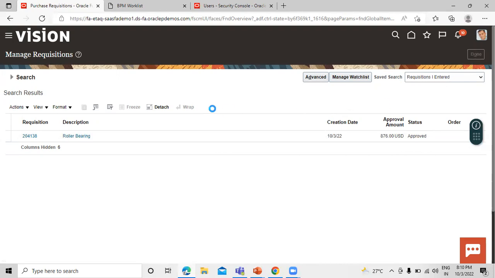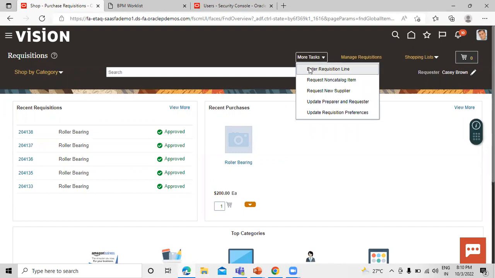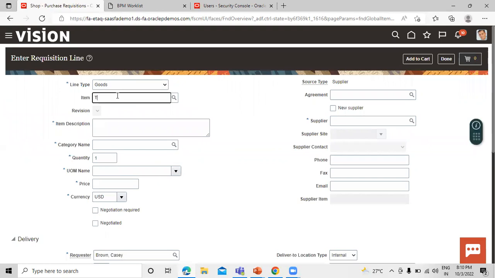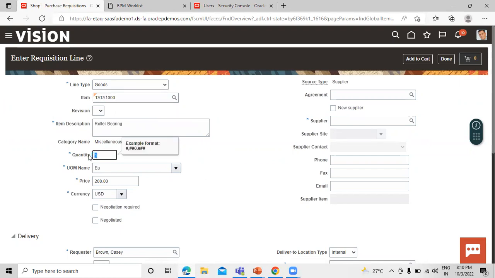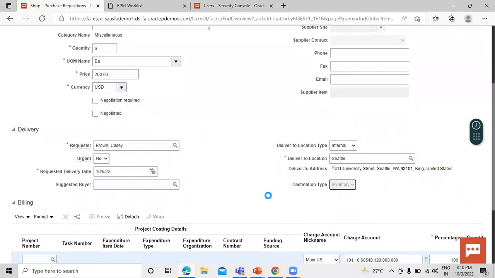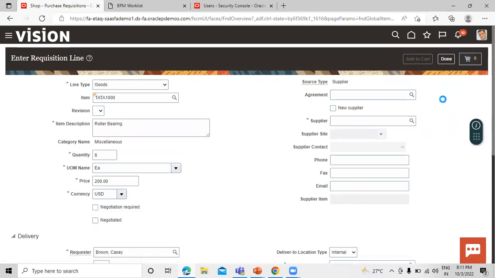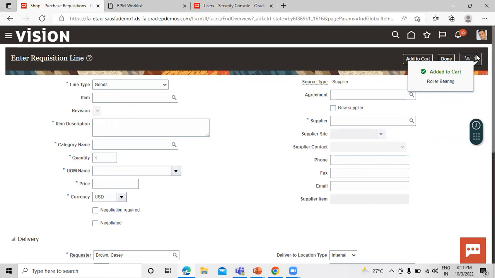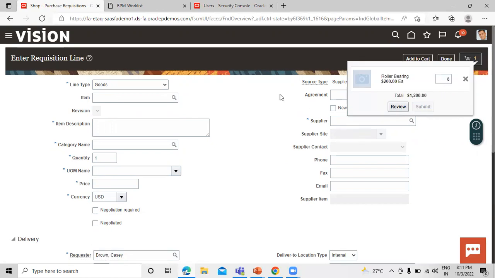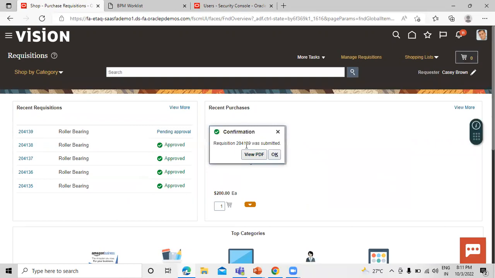Now done. Now let's create one more requisition based on the rule 2. Right. Let's select the item, and the quantity is, let's say 6. Destination is inventory, more than 1000, right? Greater than 1000. Click on add to cart, right? Now click on this line 1. Click on submit. So this is our requisition number. Click on that, copy it,